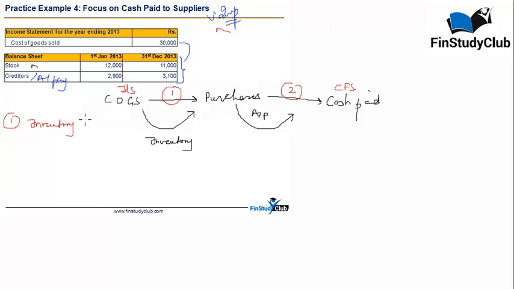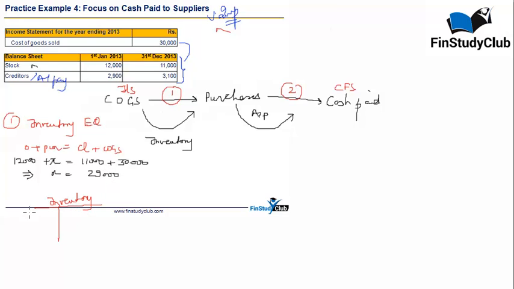And for that, I will remind the basic inventory equation, which is your opening plus purchase is equal to your closing plus COGS. Not only is this a basic inventory accounting equation, you can also create the same thing, like I had said, by making the ledger for the inventory. Let us put in the figures in the equation form first, which says 12,000 is my opening inventory. Let purchase be X is equal to your closing, which is 11,000, whereas your COGS is 30k. So that leads to X is equal to